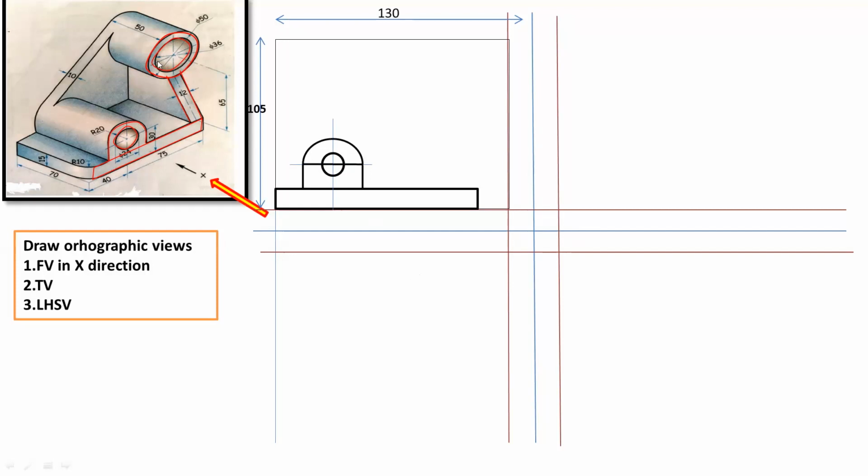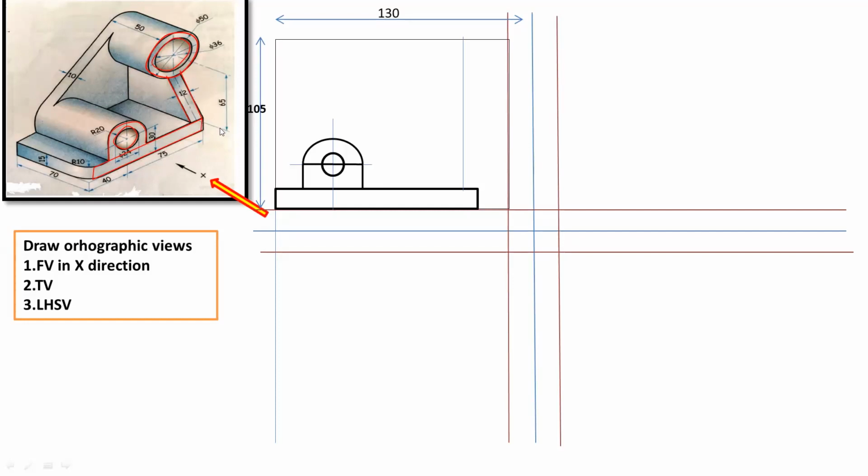Now next we will observe these two circles. So for that, first locate this center point. So how will you locate the center point? So from this line, you can draw this center line at a distance. So you have to find out that distance. So here you can observe this total is 75. So from 75, subtract this 6 mm. So that will be 69 mm. So from this line, take the distance 69 mm and draw a vertical line. So this will represent the axis line or the center line.